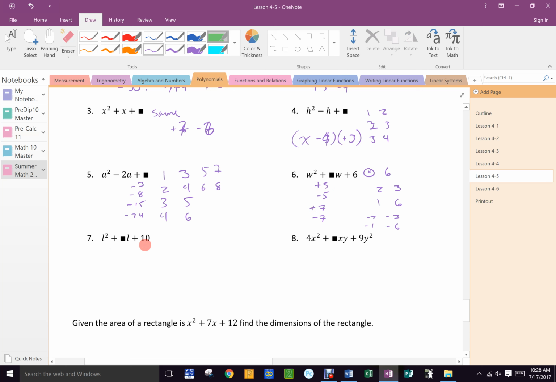What about this one? I need numbers that multiply to what? Which are 1 and 10, 2 and 5. Anything else? Negative 1. So plus or minus 1, plus or minus 10, plus or minus 2, and plus or minus 5. So it's either negative 11 or positive 11 or